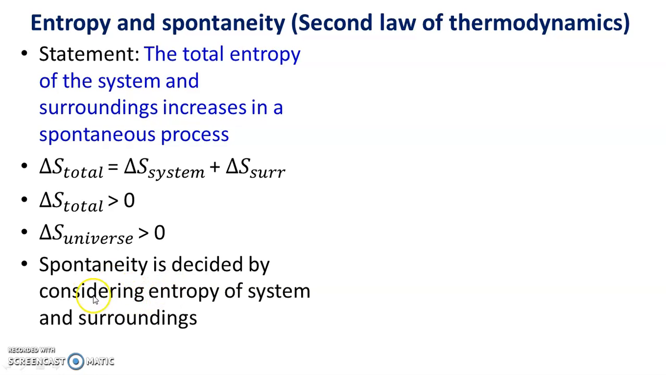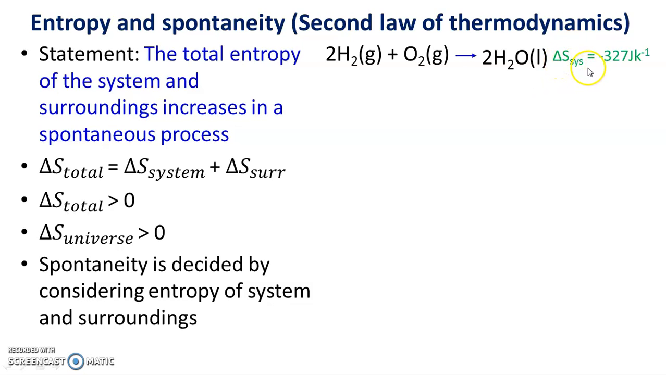Now the most important thing here is that spontaneity is decided by considering the entropy of the system and surroundings both, and it is not decided by considering the entropy of either the system or the surroundings alone. We need to consider the entropy of the system as well as the surroundings. We'll take an example. Suppose there is a chemical reaction in which hydrogen gas is mixed with oxygen gas to form liquid water. As gas is converted into liquid, the entropy of this system decreases, and therefore delta S system is minus